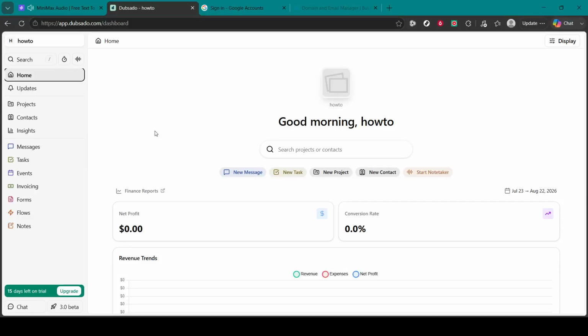In this video, I'll guide you through how to link and connect Gmail to Dubsado. Connecting your Gmail account to Dubsado can make it easier to manage your email communication directly within your CRM. Instead of constantly switching between different platforms, linking your email account can help keep your client communication organized and accessible